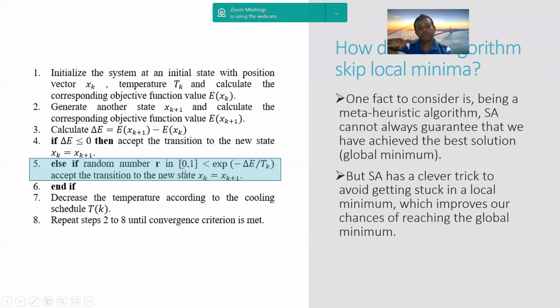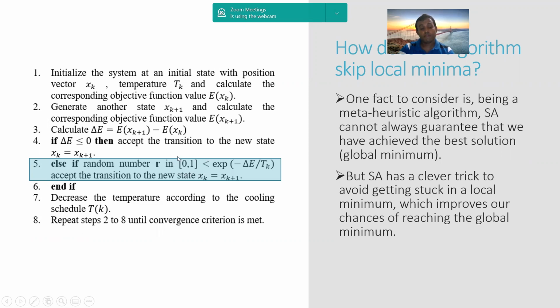In this step number 5, we can see that even if the energy of the subsequent step is higher than the current energy, we do not discard that immediately. We still generate a random number between 0 and 1 and compare it with this exponential term given here. And if the value of that exponential term is less than the random number that we generate, still we go ahead and accept that transition even if the energy is higher than the current value. So we accept energetically unfavorable transitions